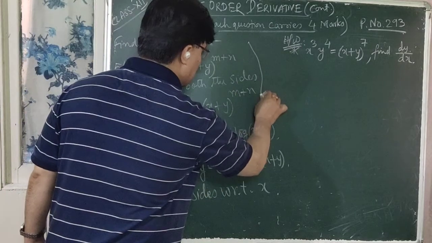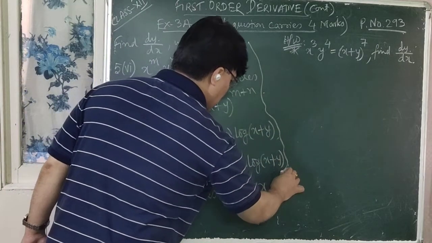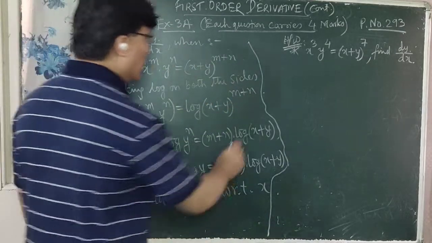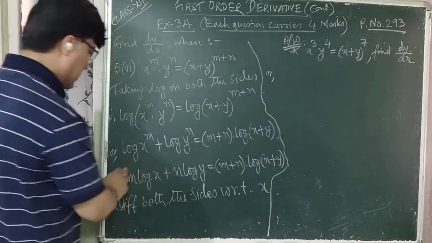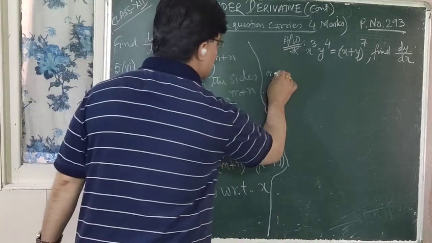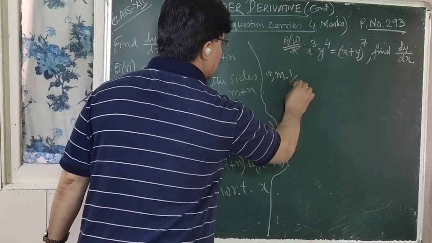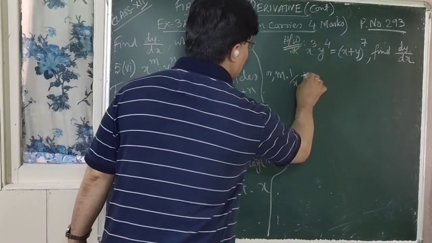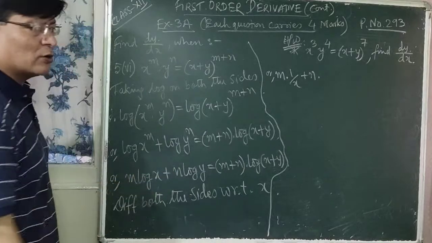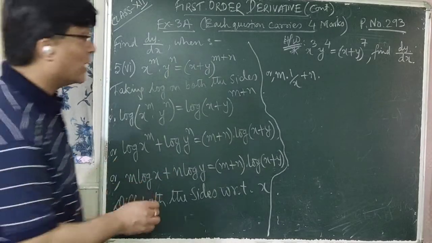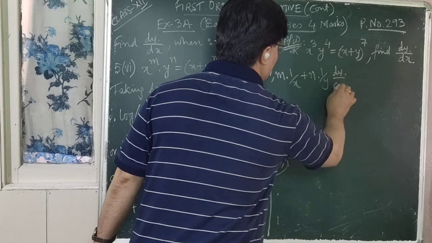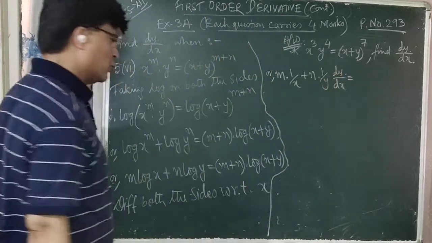So differentiate m log x. m is constant, it is kept as it is. What is the differentiation of log x? 1 upon x, right? Plus n is constant here, n into, what is log y? Differentiation with respect to x: 1 by y into dy by dx. You know that. 1 by y into dy by dx, which is equal to